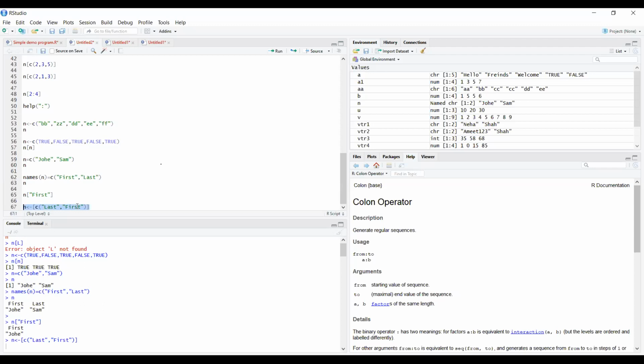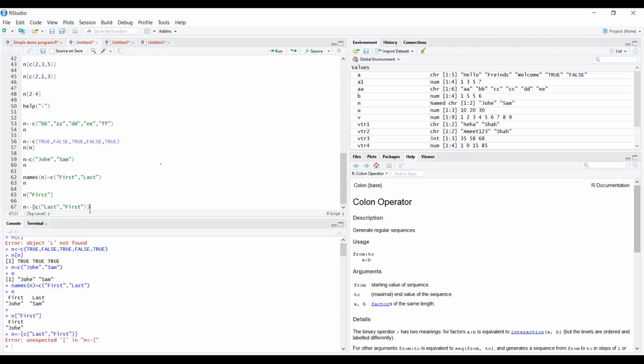Okay, something is having a problem actually. Wait a minute, I'm going to check this. We are not assigning the value, we are retrieving or reversing, so that's why we are not assigning something out there. See, this is how the particular value has been executed: the last name and the first name are now reversed.